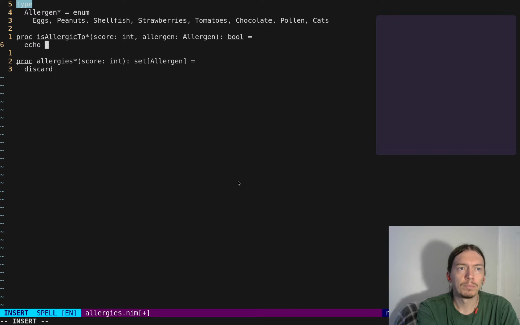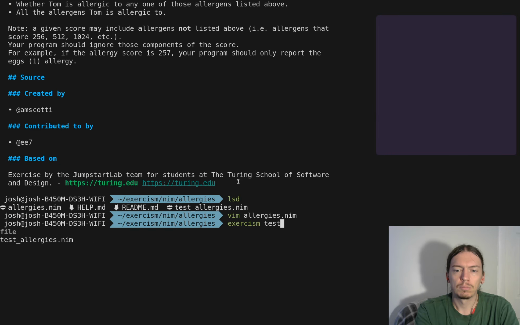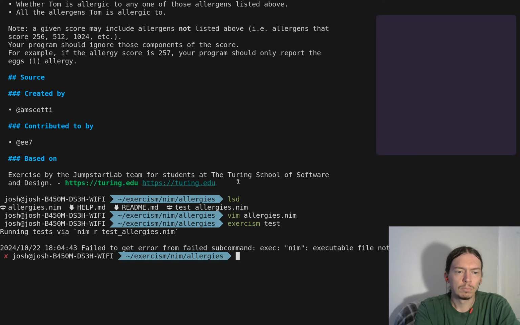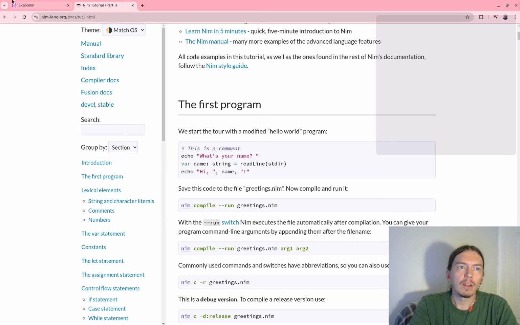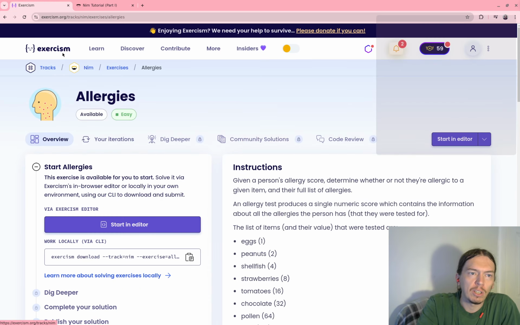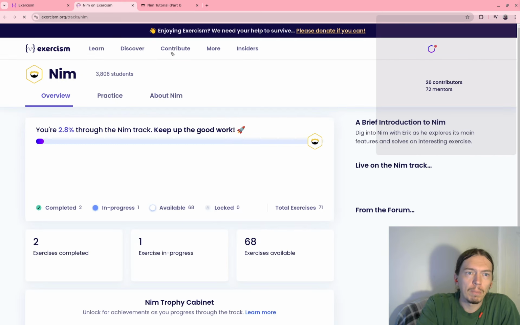So echo eggs plus peanuts. Oh, nim executable file not found in path. Oh man. So I guess I never added it to the ZSHRC, right? Okay. I don't remember where it would be. Let's see. So nim